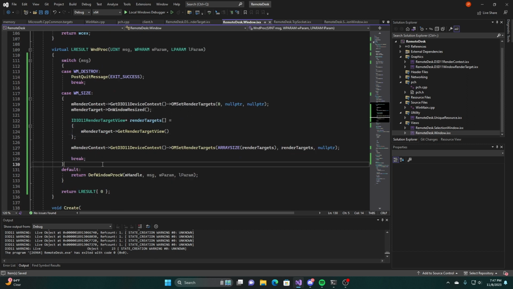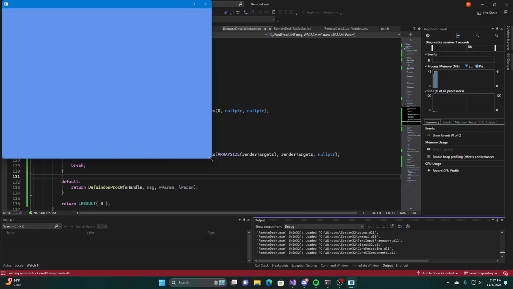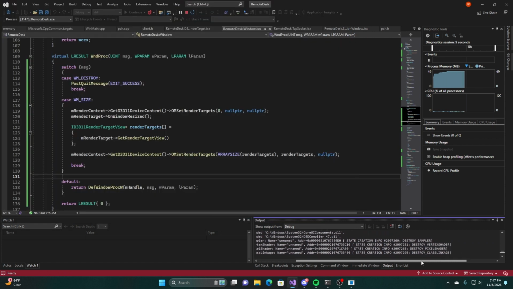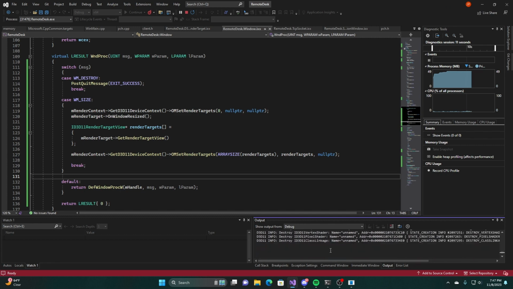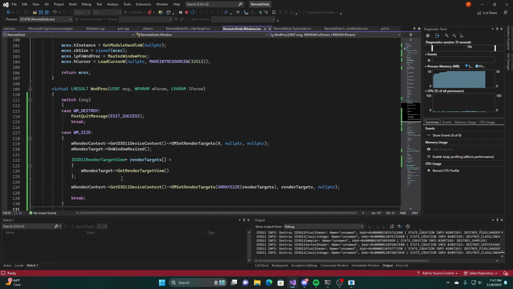All right, so now when the window changes size, in theory it should resize the back buffer. So let's go ahead and test this. No sampler, no vertex. Cool. So it looks like now it's actually calling the onResize method. And there's no real way to tell, but